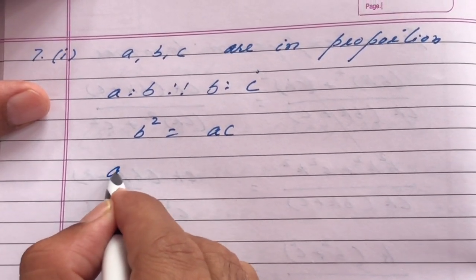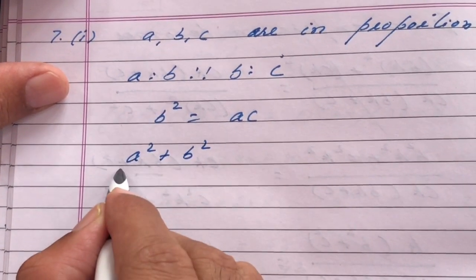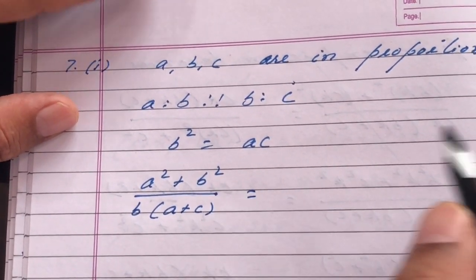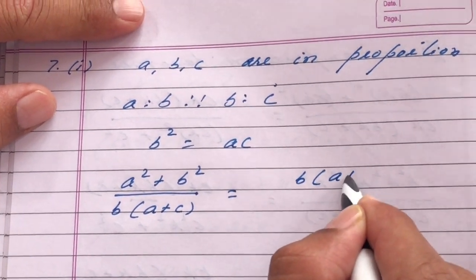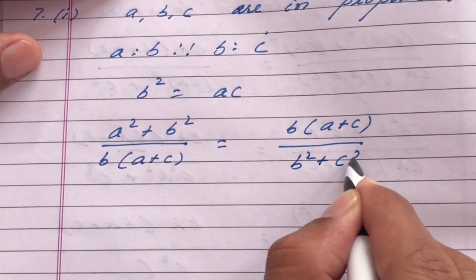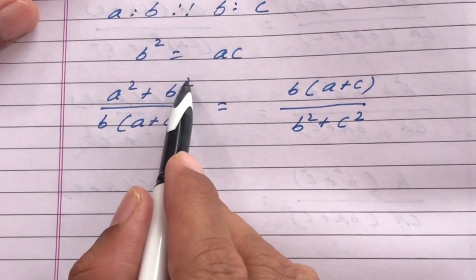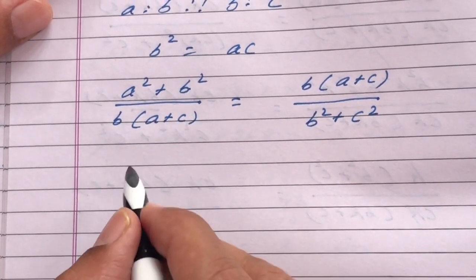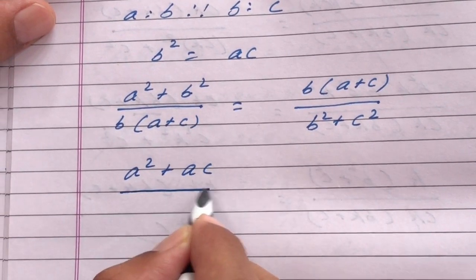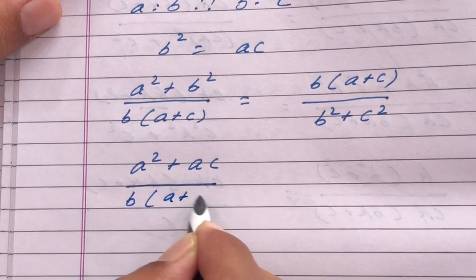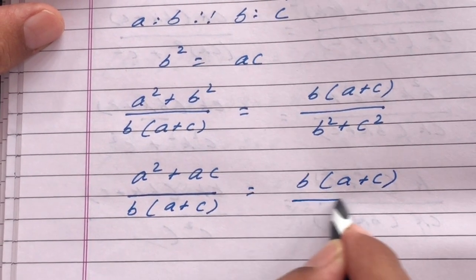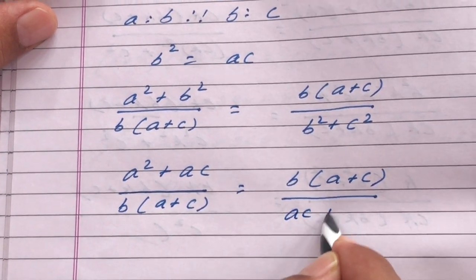Then I have to show that A square plus B square upon B into A plus C is equal to B into A plus C upon B square plus C square. So B square is AC. In place of B square I put AC. A square plus AC upon B into A plus C, B into A plus C upon,